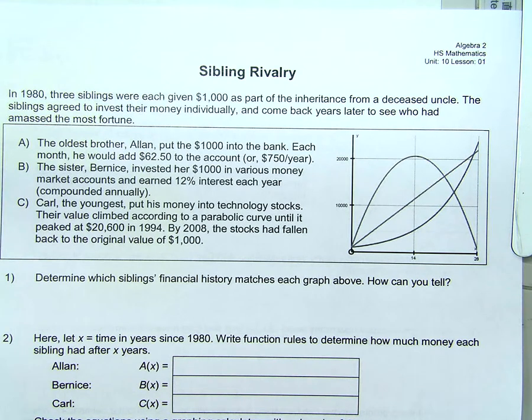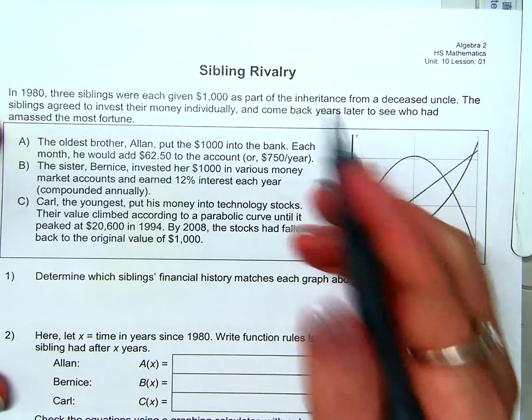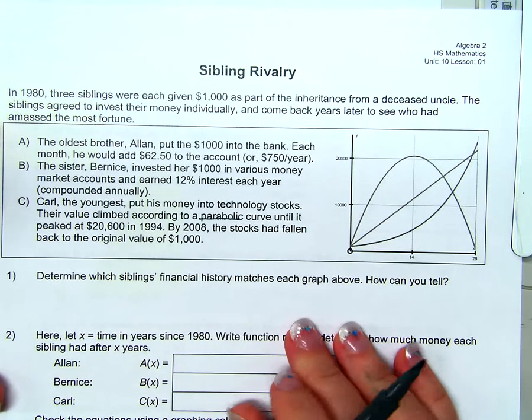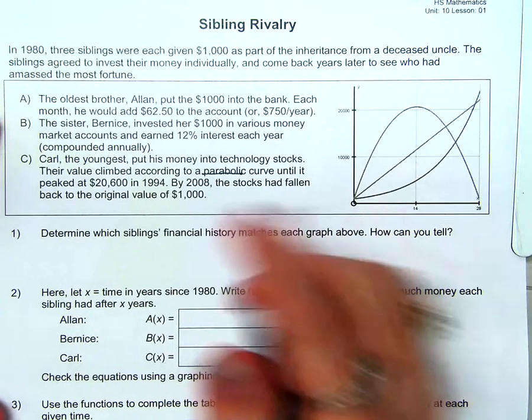So first thing it asks us to do is determine which sibling's financial history matches each graph above. And then how can you tell? So which goes with which? Carl's is the quadrant. Carl's is the easiest one to figure out, right? Because it tells you. Right? Okay? So Carl